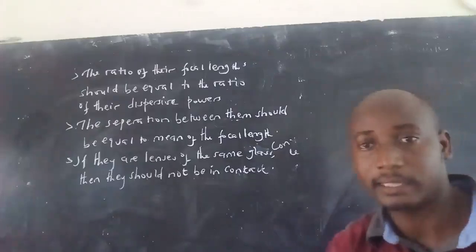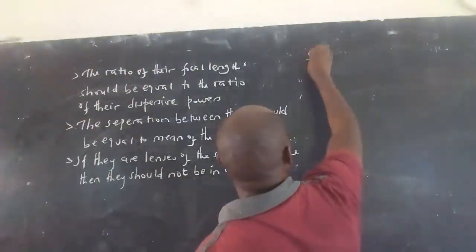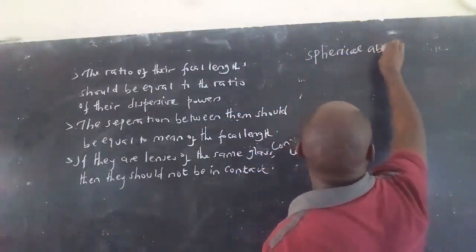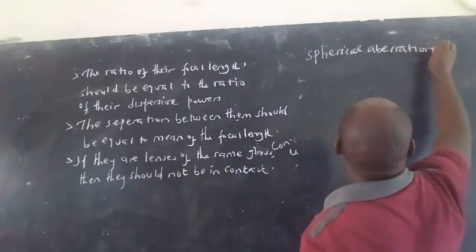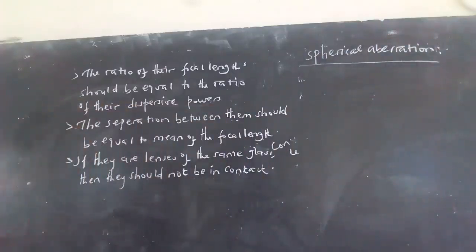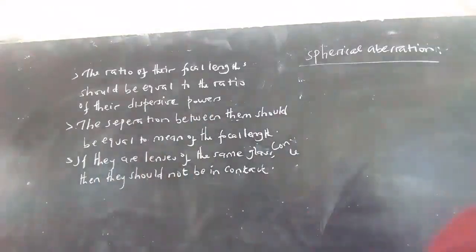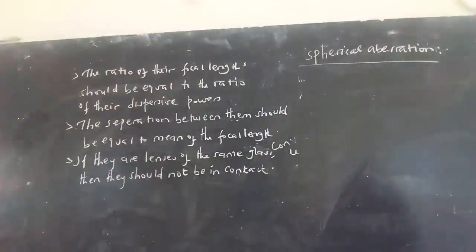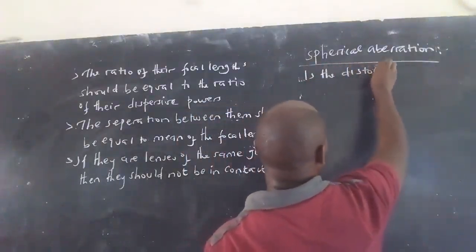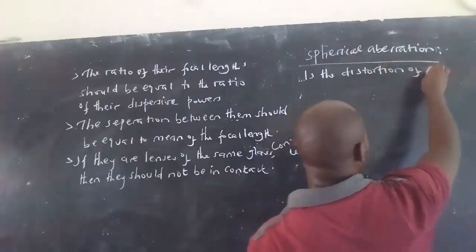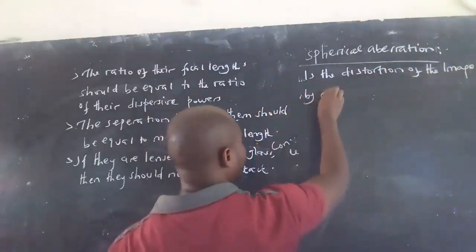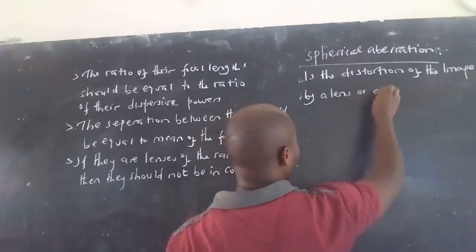Spherical aberration. So we shall now say that spherical, this is a distortion of the image by either lens or mirror. This is the distortion of the image by a lens or a mirror